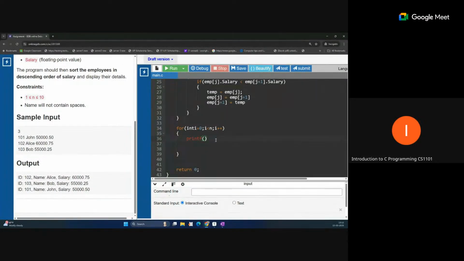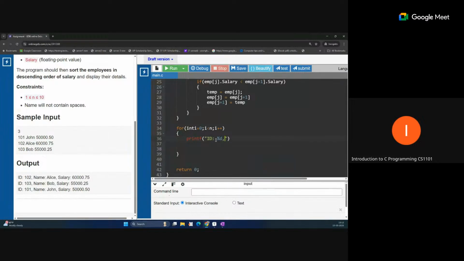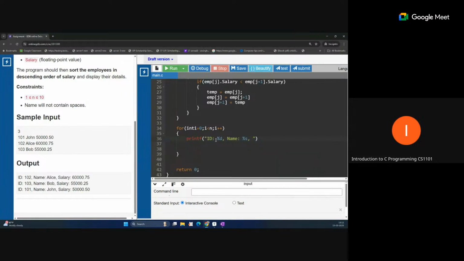Percent d first, for id colon this percent d, and on the same line, comma space name colon, and that is a string, so percent s, comma space, then salary colon space percent dot 2 f. Now these are the variables: emp